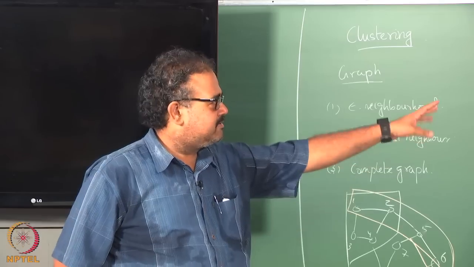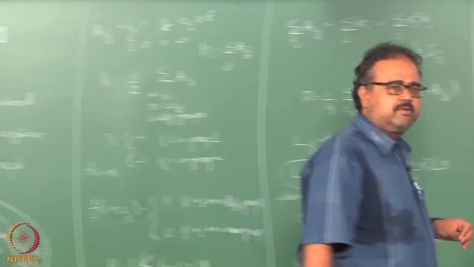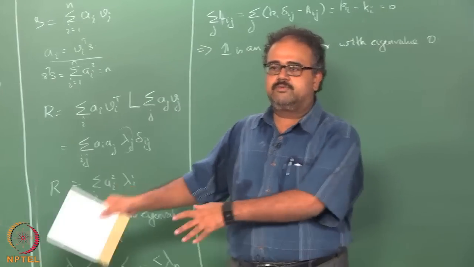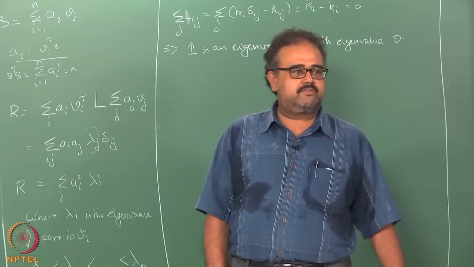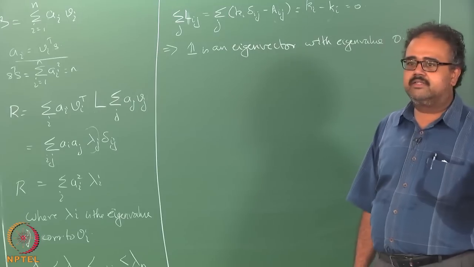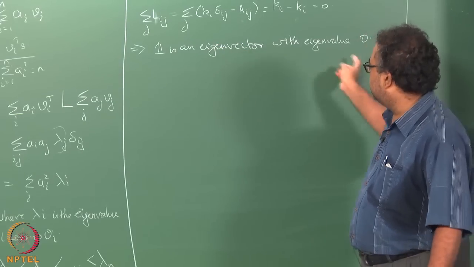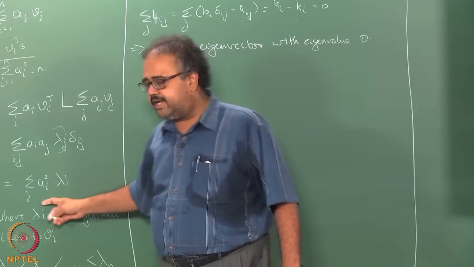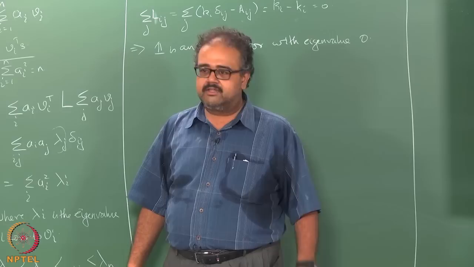So you can very easily verify that L will be positive semi-definite, okay. And you know how to verify it: take an arbitrary f, so f transpose L f should be greater than or equal to 0. If you can show that for any arbitrary choice of f that will happen, then you are all set, okay. So L is positive semi-definite, therefore 0 will be the lowest eigenvalue. So all we need to do is make sure that you put all your weight on the first eigenvalue, okay, you are all set,